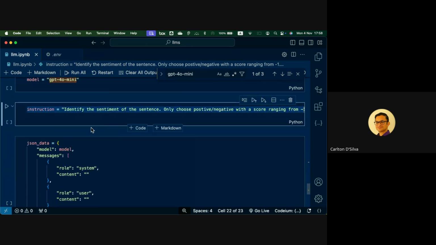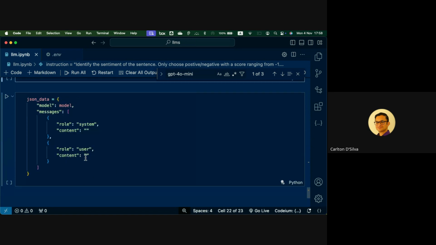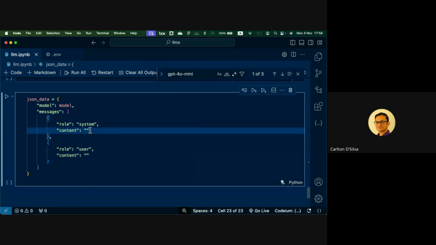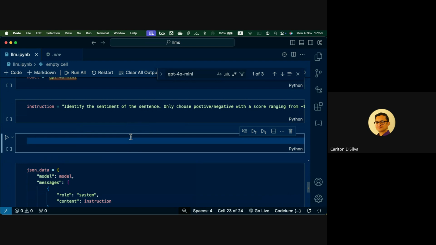And once you give this instruction, you can keep on calling this API to process various kinds of sentences. You do this only once. You send the instruction, and then it can process a whole bunch of data. So that's what we do here. Call this instruction. And now the question is, what is the content? So I'll call this the data we are sending it.